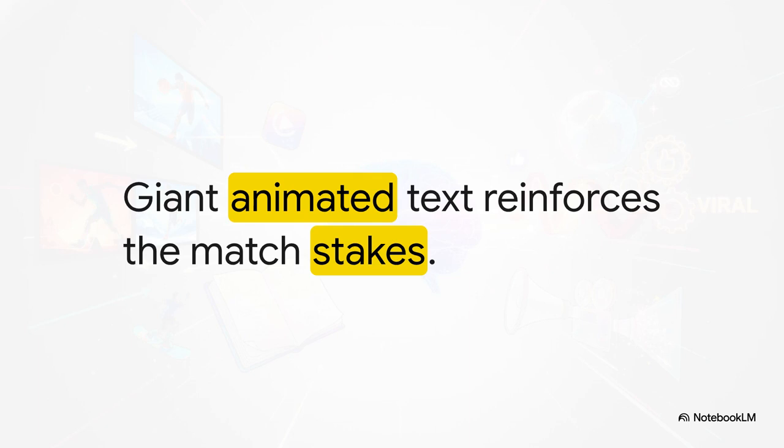Of course, no broadcast package is complete without typography. The instruction integrates broadcast-quality sports graphics directly into the flow of the trailer, explicitly calling for giant animated text that reads Belgium versus Egypt. But here's the real insight. Most people watch social media videos on mute. So this giant animated text isn't just a cool aesthetic choice, it visually reinforces the stakes and serves as a vital accessibility feature for viral media, keeping your eyes locked dead center on the screen.